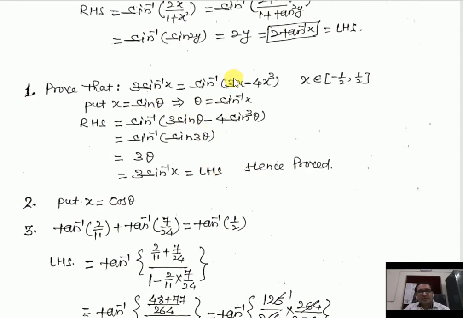So if I take the right hand side, take x is equal to sin theta. So 3 sin theta minus 4 sin cube theta is what? That is sin 3 theta, no? So sin inverse of the right hand side, taking x is equal to sin theta, 3 sin theta minus 4 sin cube theta, you can write sin 3 theta, sin inverse sin eliminated, 3 theta. What is the value of theta from here? Sin inverse x, put over here, left hand side, hence proved.